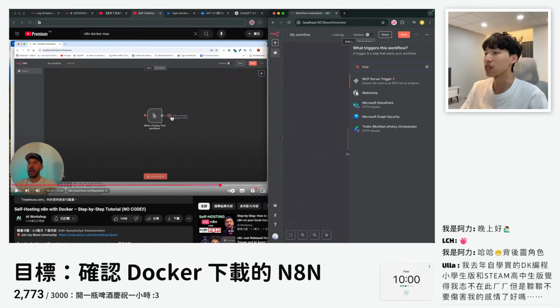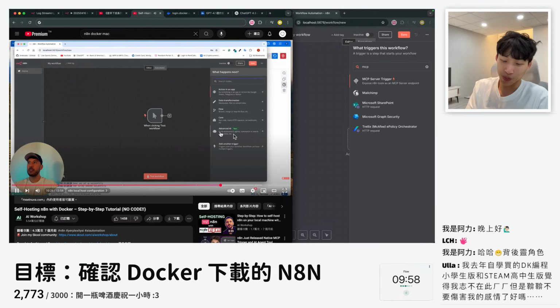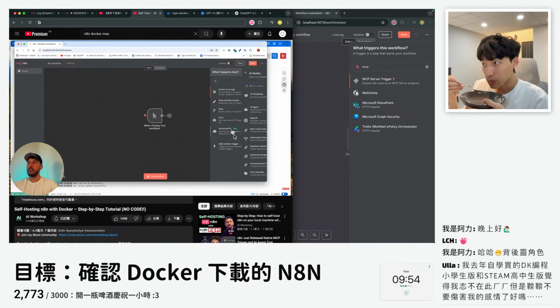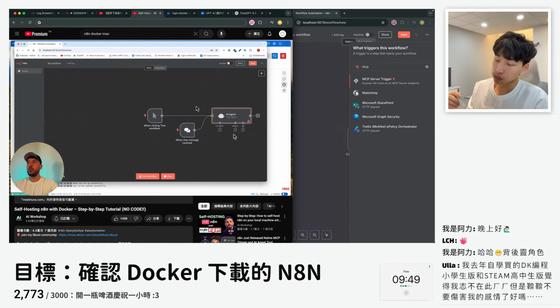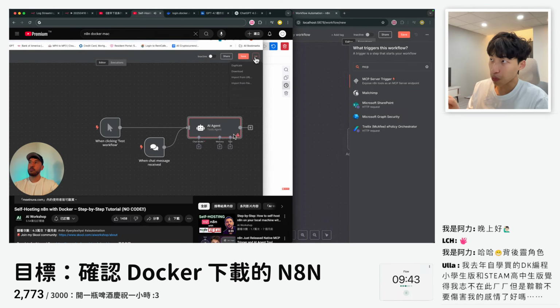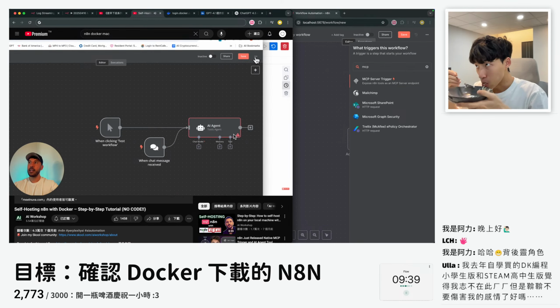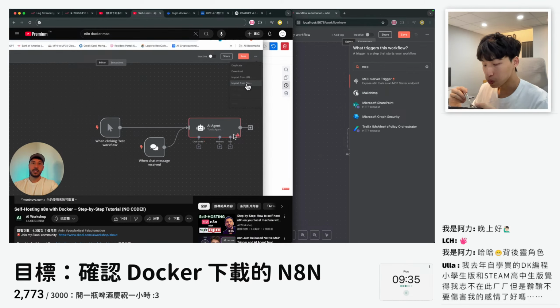Nice, guys. Have the ability to access everything from your local host here, your advanced AIs, AI agents, whatever you need, all of this will be accessed. One thing is if you want to import your workflows from your cloud account, go to your cloud account, come to the top right hand corner here, and you're going to click on download, and then you can come back here and click on import from file, and then you'll just basically select that downloaded JSON file, and then that will import all of your workflows here.